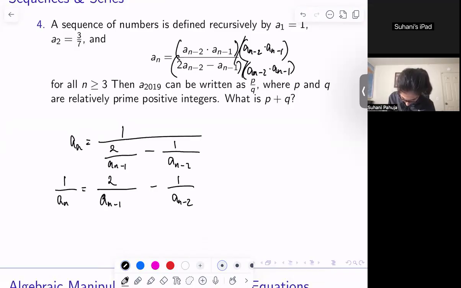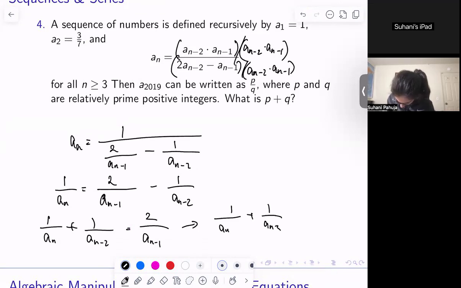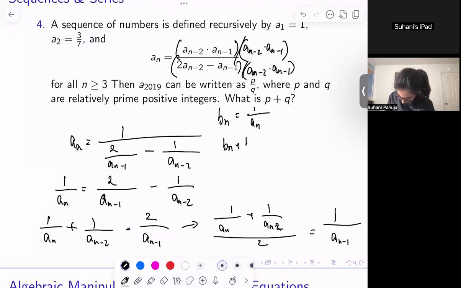So then we can write this as 1 over a_n plus 1 over a_(n-2) is equal to 2 over a_(n-1). And then that gives us that (1 over a_n plus 1 over a_(n-2)) over 2 is equal to 1 over a_(n-1). So we can basically just define a new sequence of the reciprocals of a_n. So b_n is equal to 1 over a_n. And that would mean that (b_n plus b_(n-2)) over 2 is equal to b_(n-1),